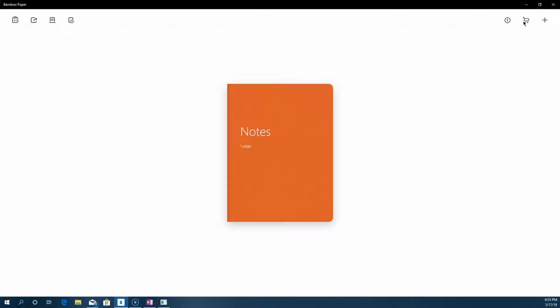And back to the home button, and here is the store, which I'll get to in a second. And then here you can add a new book. If I click this, I can add different books. The artist book allows you to have more artist style things, so it allows you to have textures, whether you want